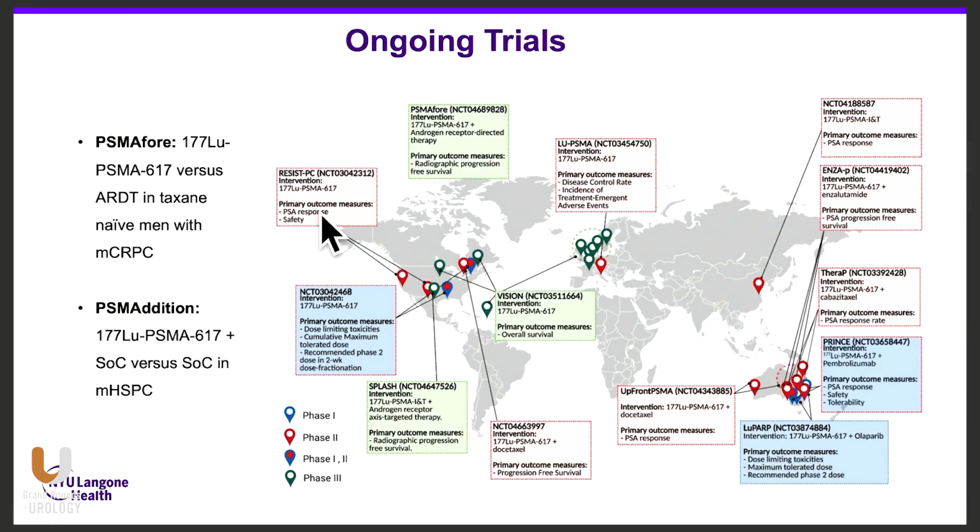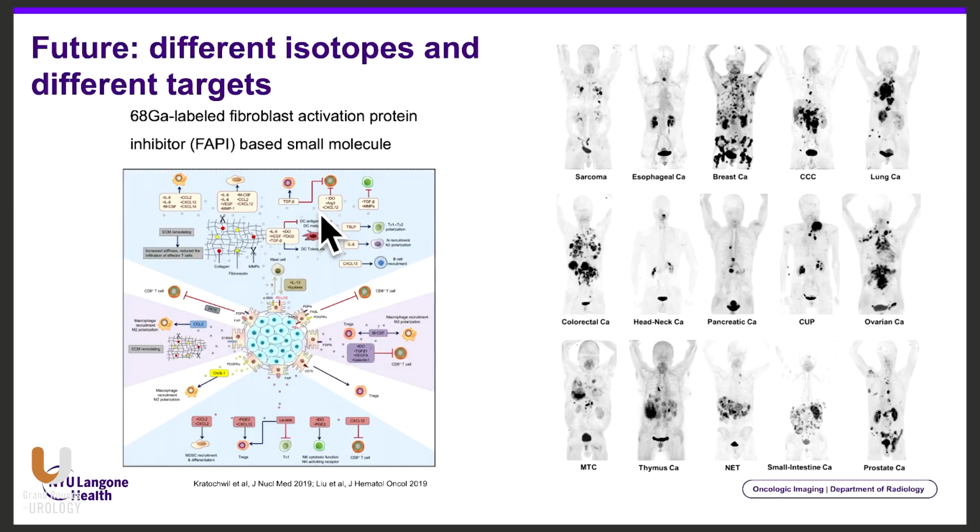Know that a lot or some of the future directions beyond these trials are what other combinations of high energy isotopes and molecularly active biologic agents or compounds can be used. And just to finish up, I mentioned this one. I don't know how many of you are familiar with it, just because there's a big hype about it in the imaging community,